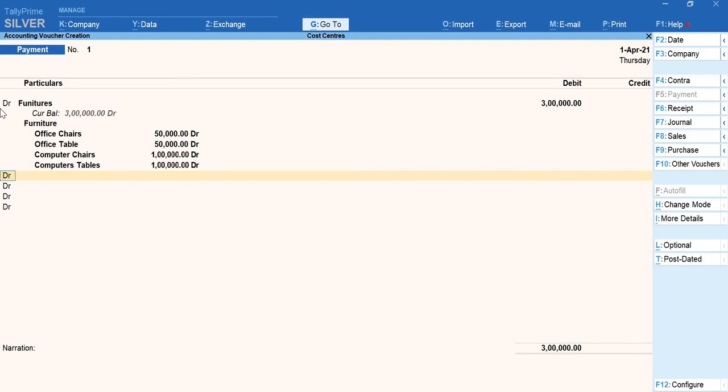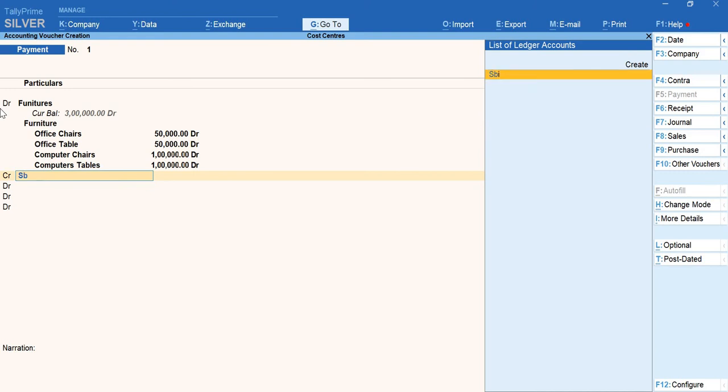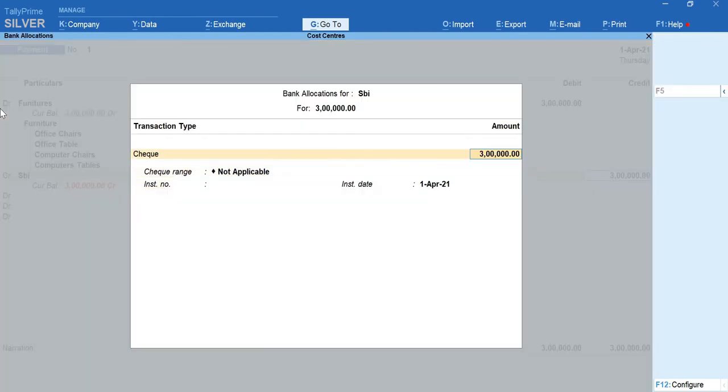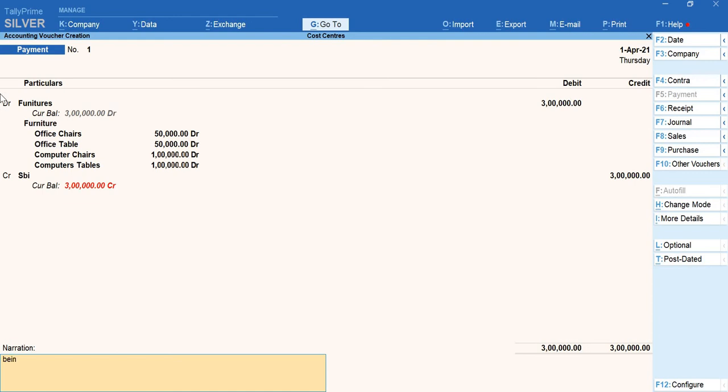Later, I'm making a payment to the person from whom I have purchased it through the check. If I pay a check, the amount will go out of my bank account, so I have to credit my bank account. So credit SBI, because that is the bank account I have created in the lectures. For this, the rule is the personal rule: debit the receiver, credit the giver. My bank is giving the money to the outsiders, so crediting the bank account, rupees 3 lakhs. You can specify the details of the check, apply an instrument number, which means the check number, and the instrument date, the check date, whichever you have provided for the payment, and the narration will be furnitures purchased.